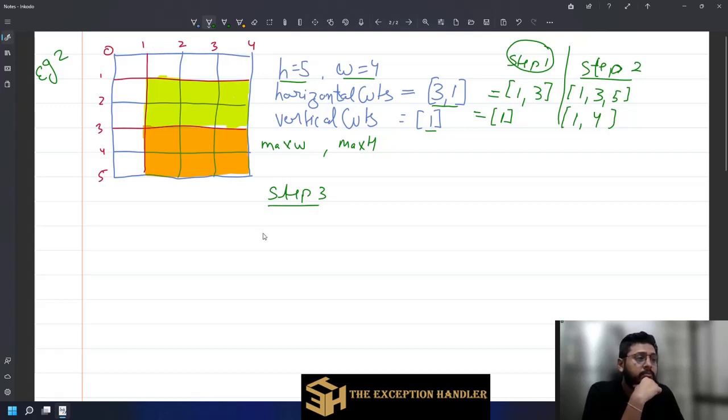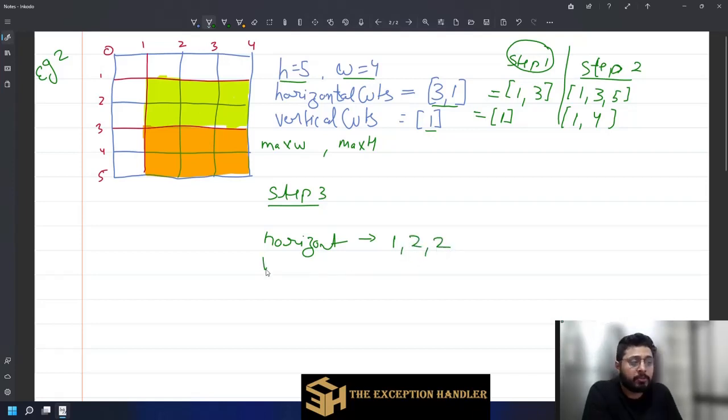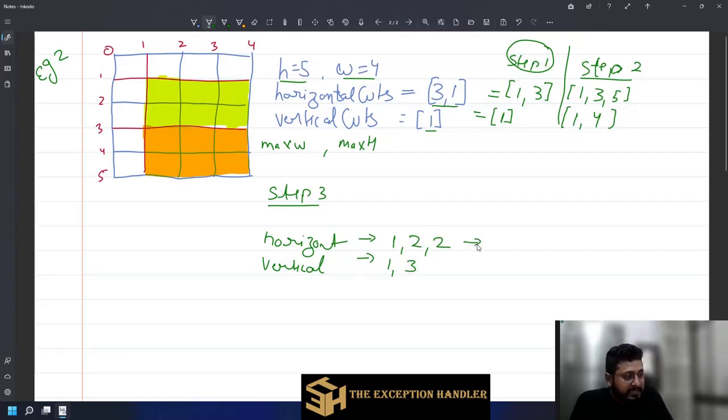Okay, now for step 3, for horizontal, my differences would be 1, then 2, and then 2 again. And for vertical, my differences would be 1 comma 3. So those are the two differences. Now if I find the maximum from here, it is definitely 2, and if I find the maximum from here, that is definitely 3. And in step 4,